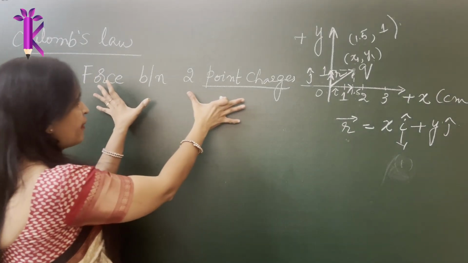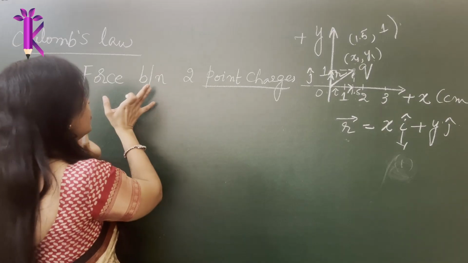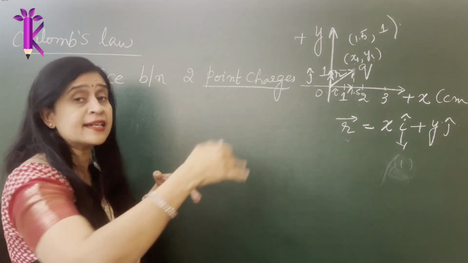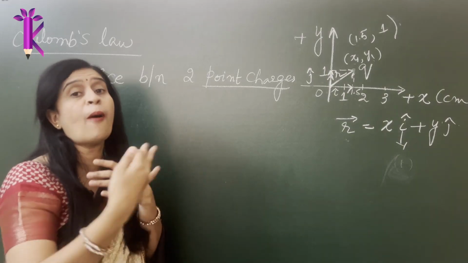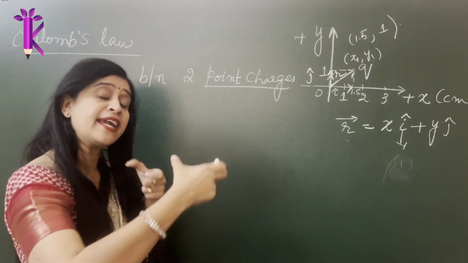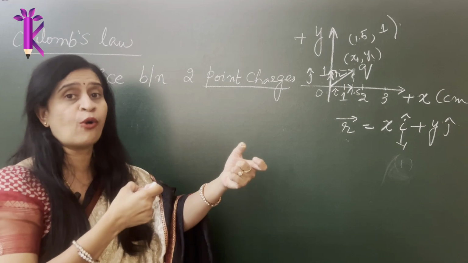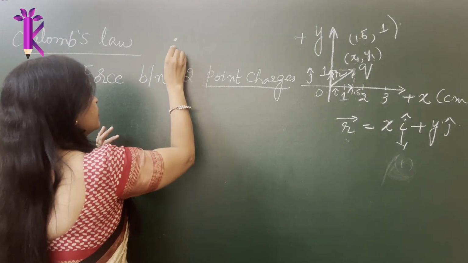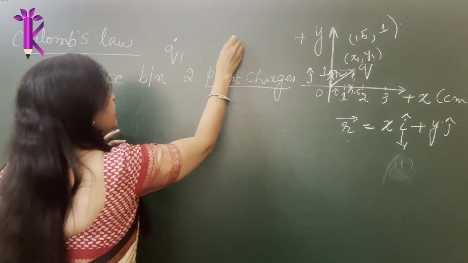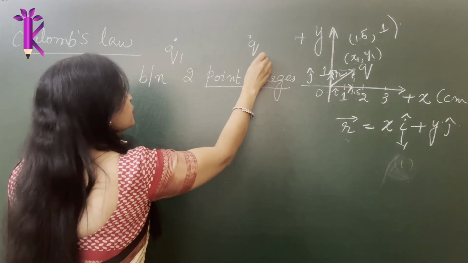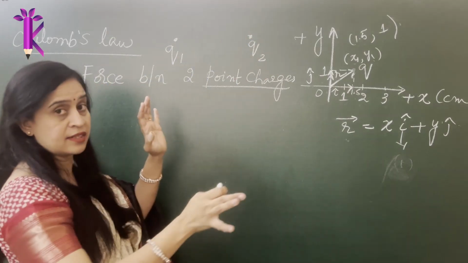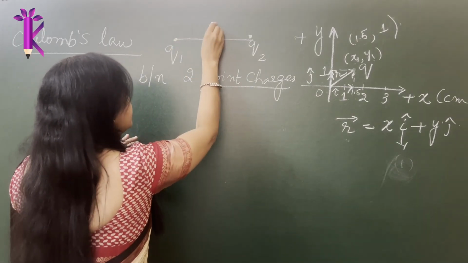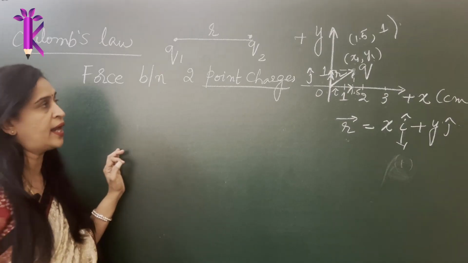So that is why it is very much essential to define the force. We are particularly stating this law for any 2-point charges, and we are trying to explain how this force varies between any 2-point charges. So let's consider 2-point charges. What are those 2-point charges? Obviously we call this Q1 and Q2. You see, I just write a dot, I don't write a circle or anything, assuming it to be a point charge. Let R be the distance of separation between Q1 and Q2.